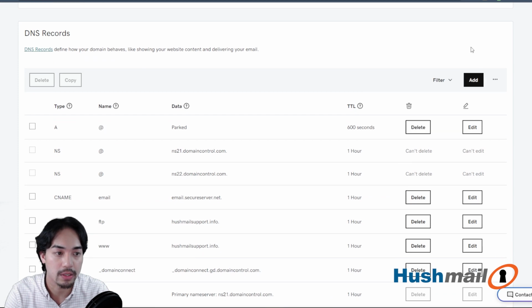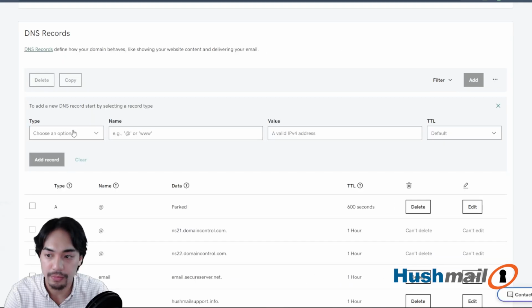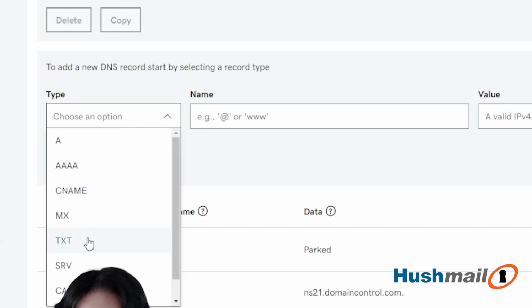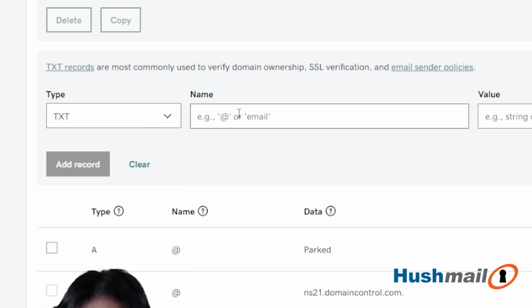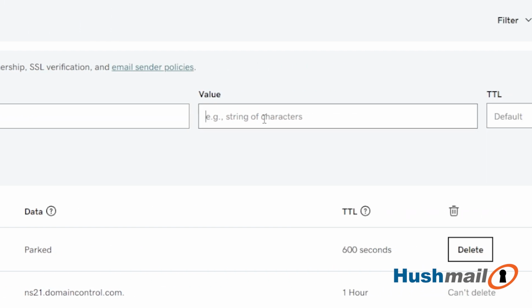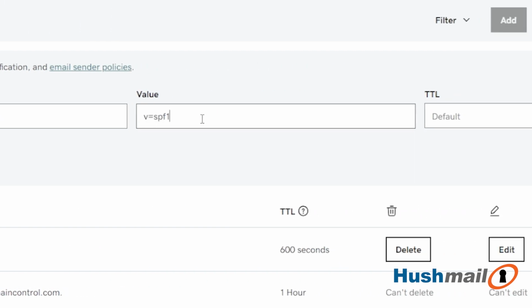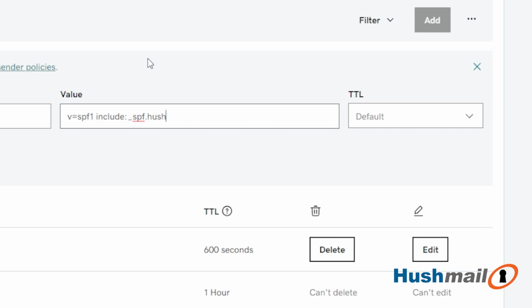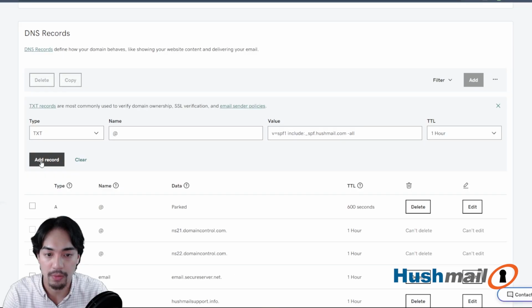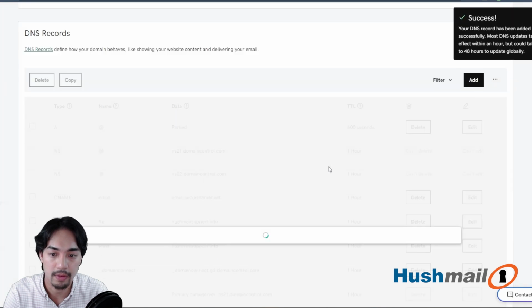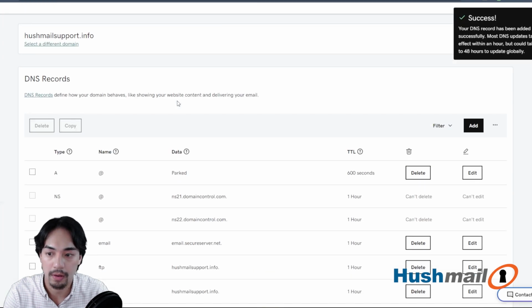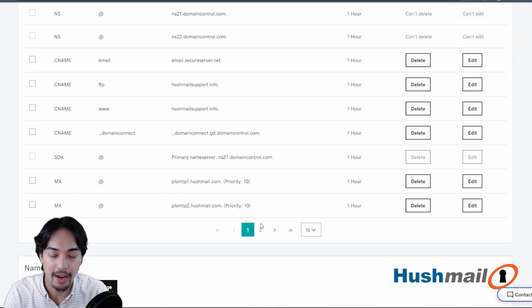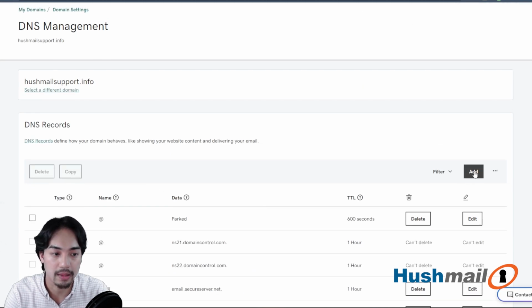I'm going to add in another record here. This one is going to be a TXT record. For the name or the host, we're going to put the @ symbol, and then the value here is going to be v=spf1. And you'll see the rest. This one's a bit lengthy, so I do recommend you copy and paste this as opposed to typing it out to make sure that you don't have any typos in there. If you do get a typo, it will prevent the record from doing what it needs to do. So we'll click on Add Record there. And you'll notice it gets added to the list. Keep in mind you may have multiple pages, but we're going to move on to the next record.